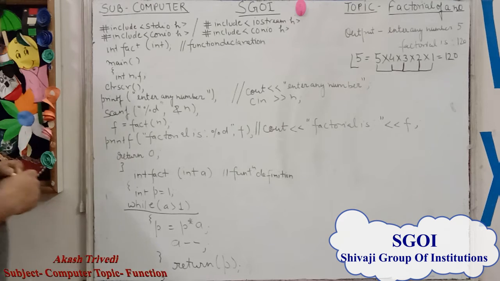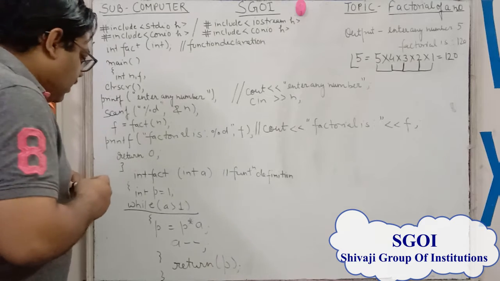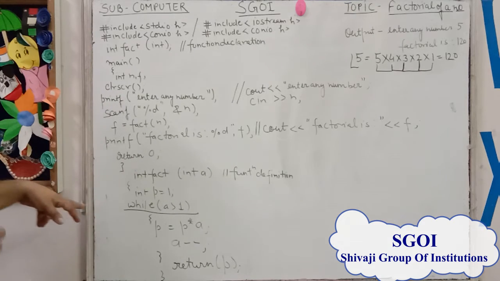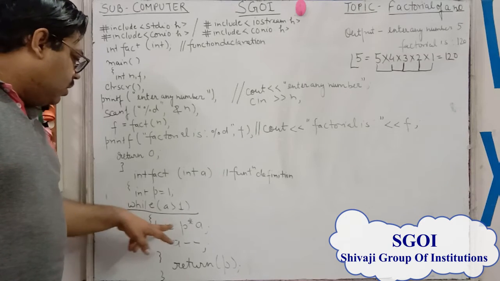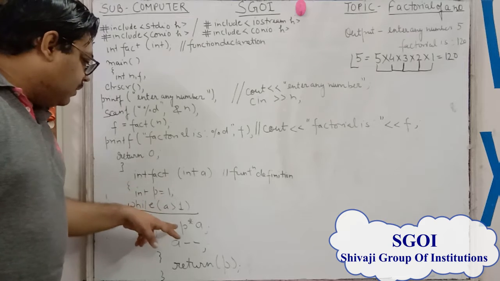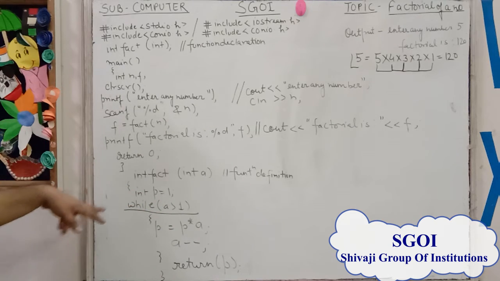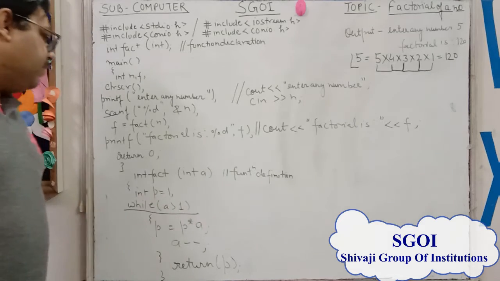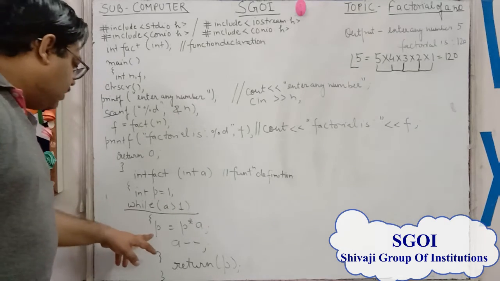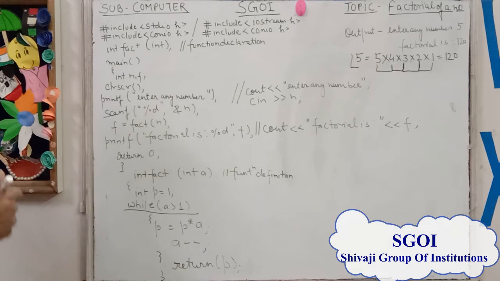In while we write a condition, that is until a is greater than 1. Then we come into the body of the loop, p = p * a. The first time p is 1 into a. If we find the factorial of 5, then 1 into 5. In p we store 5. After that a--,